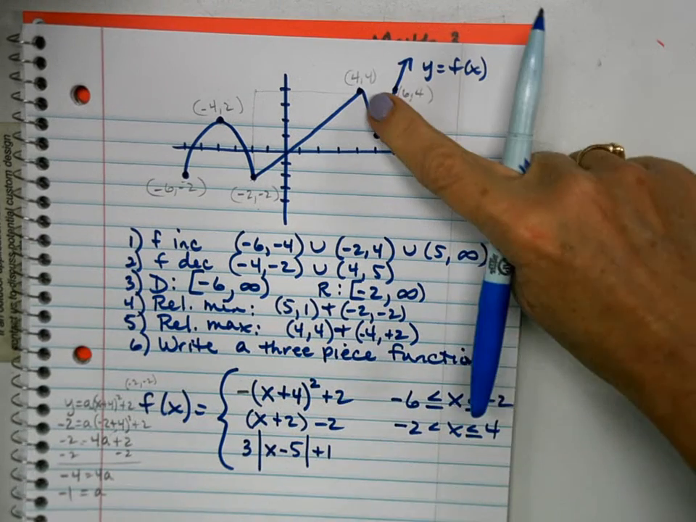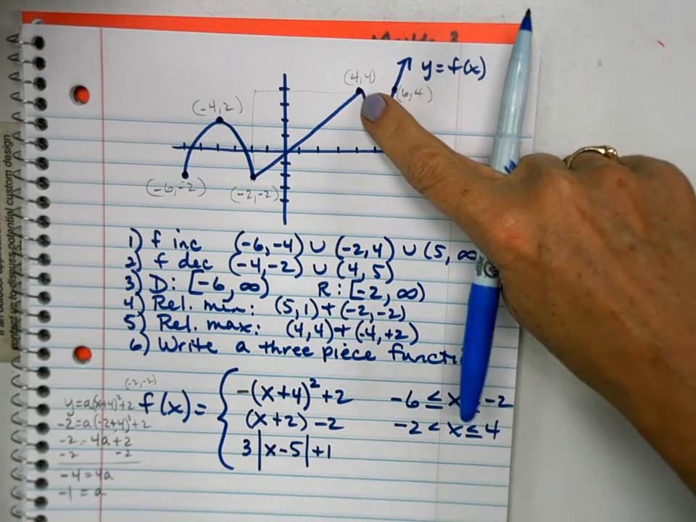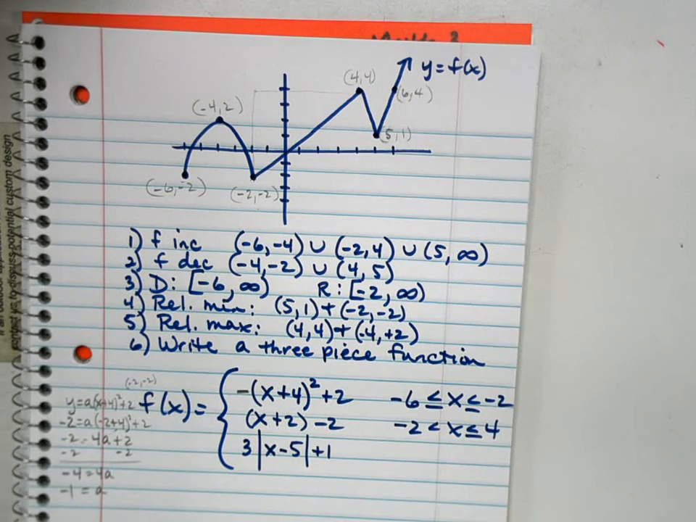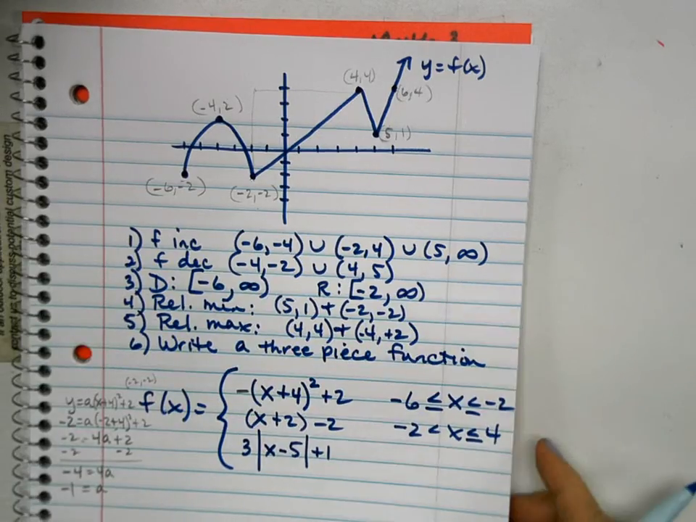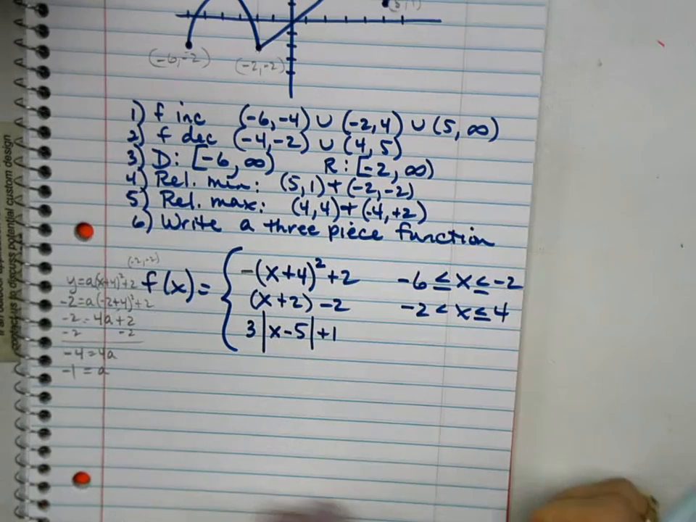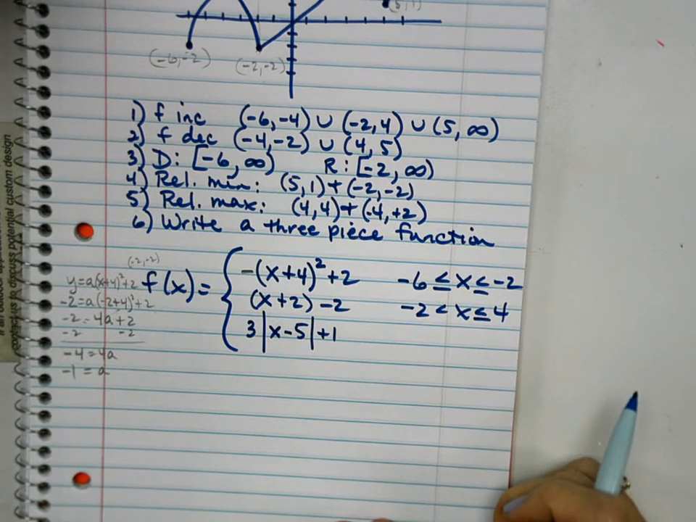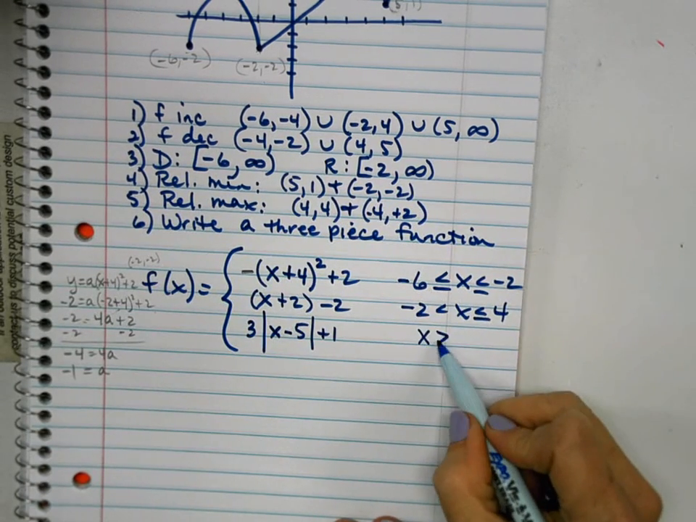Now this last one's a little trickier to get the restricted domain because the absolute value starts at 4, right? But then it keeps going on and on and on forever. How would I write that? Starting at 4 and going on and on forever as an inequality. What would it be? X is greater than 4. Yeah. And I don't want to